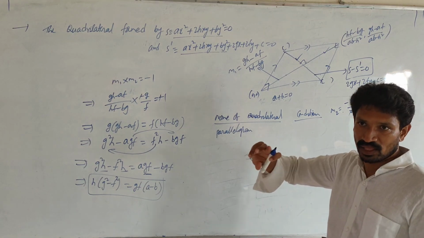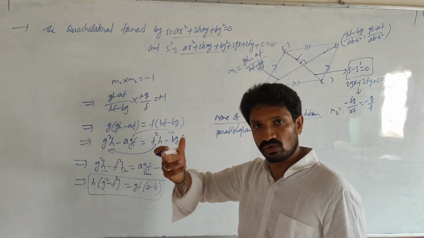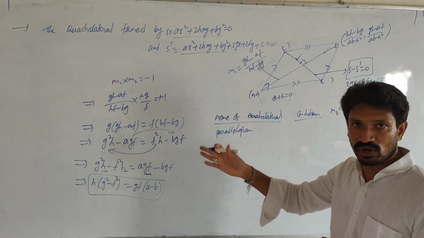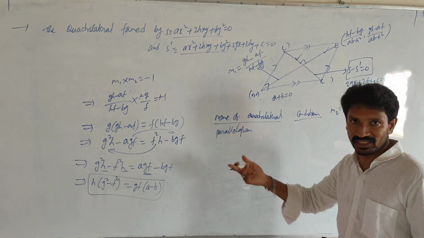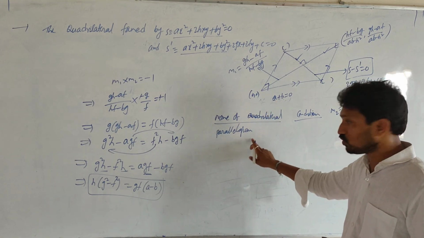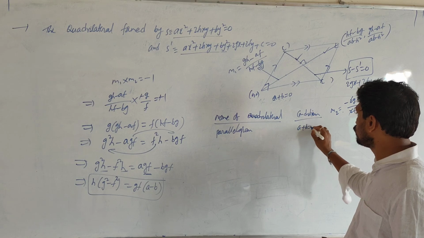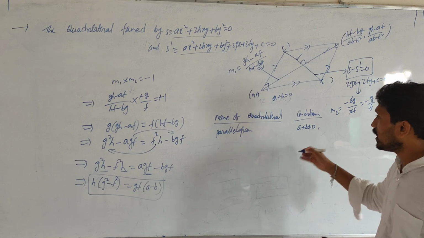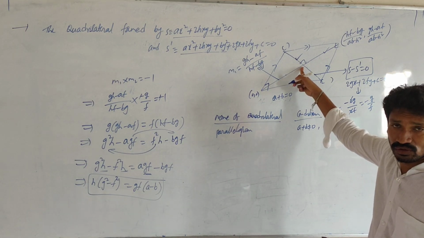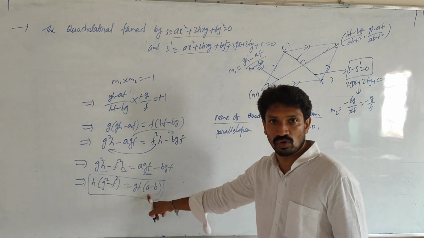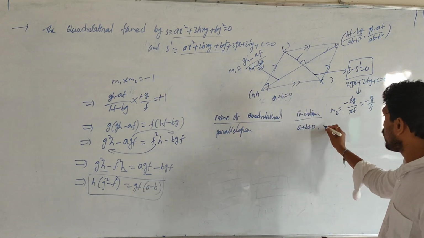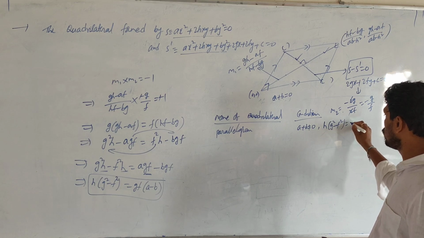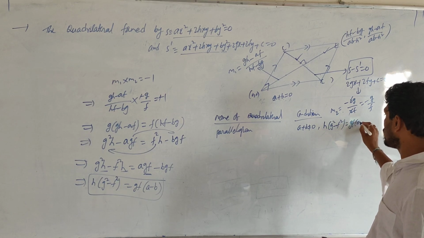Okay, tan theta. You take cos theta also, no problem. According to that formula, theta is equal to 90 gives only a plus b is equal to 0. Already we discussed. So for a parallelogram, a plus b is not equal to 0 because the angle between the sides is not 90. And here the diagonals are also not perpendicular. If perpendicular, this one holds. Not perpendicular means h into g square minus f square is not equal to gf into a minus b.